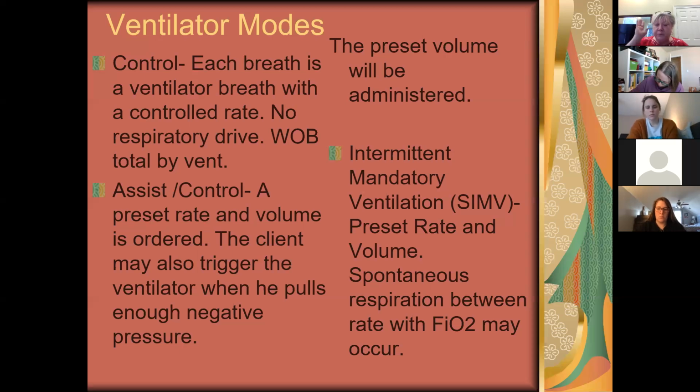So this is the ventilator. For simplicity's sake, I'm going to say we're going to set our rate at 16 breaths per minute. We're going to set our tidal volume at 600 mLs. And we're going to set our FiO2 at 60% of oxygen, just for simplicity's sake, okay? So in the control mode, the patient is going to get 16